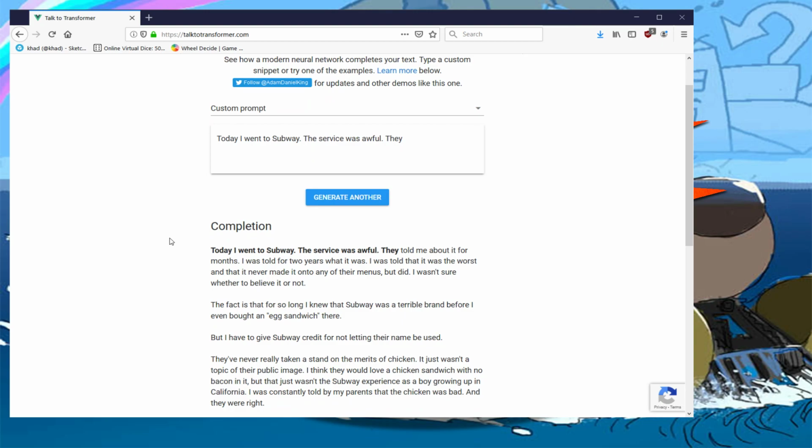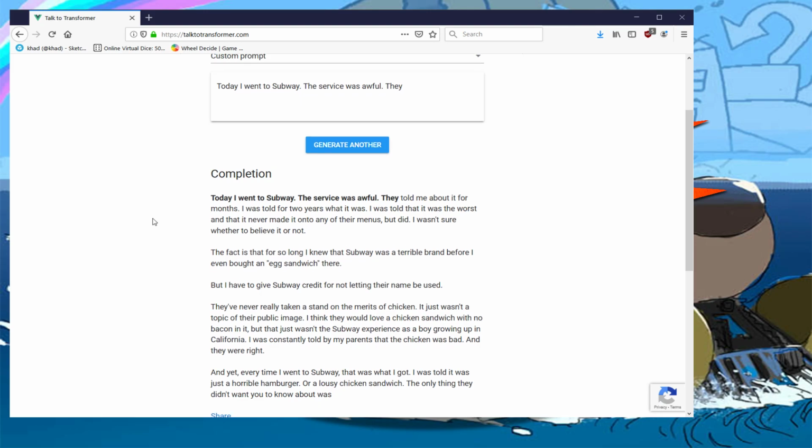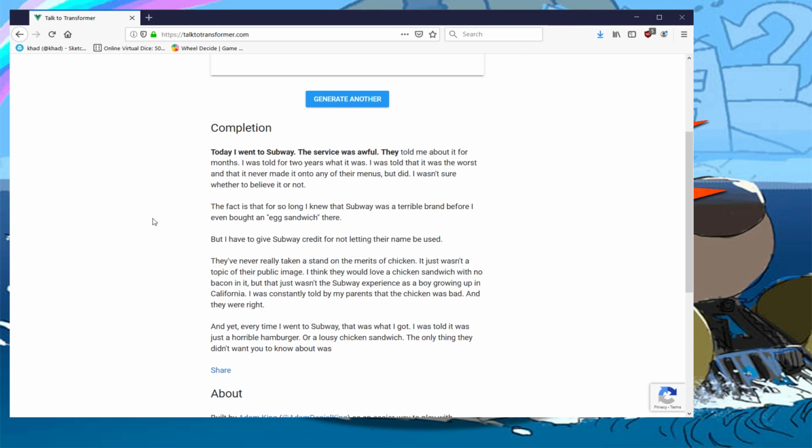They've never really taken a stand on the merits of chicken. It just wasn't a topic of their public image. I think they would love a chicken sandwich with no bacon on it, but that just wasn't the Subway experience as a boy growing up in California. I was constantly being told by my parents that chicken was bad. And they were right. And yet, every time I went to Subway, that's what I got. I was told it was just a horrible hamburger or a lousy chicken sandwich. The only thing they didn't want you to know about it was